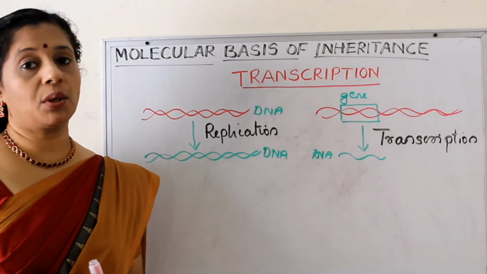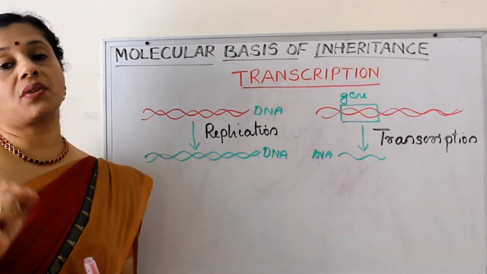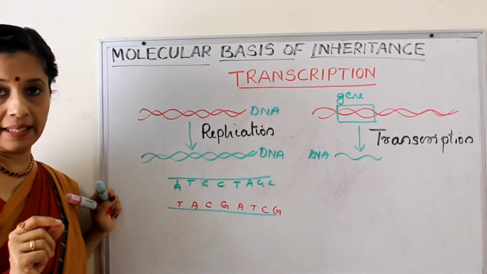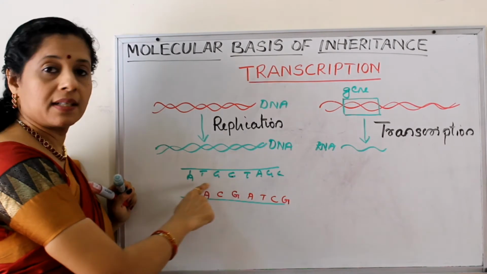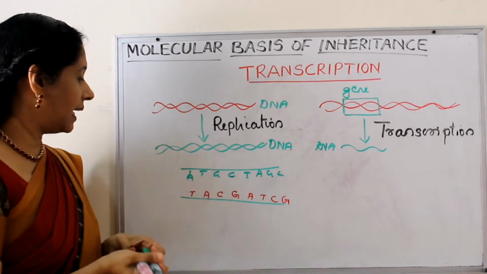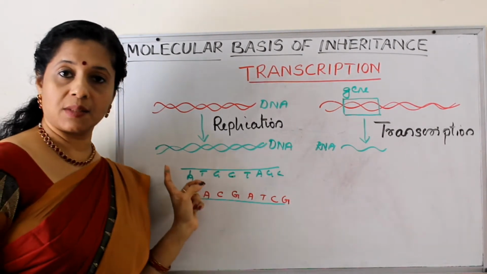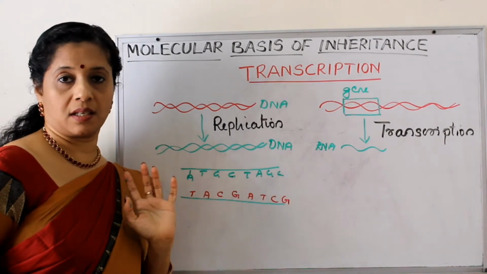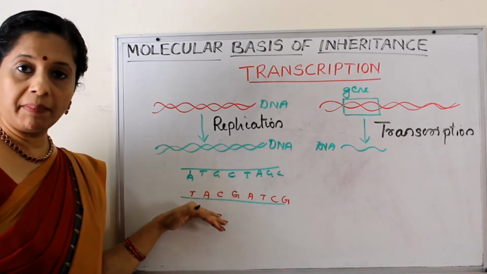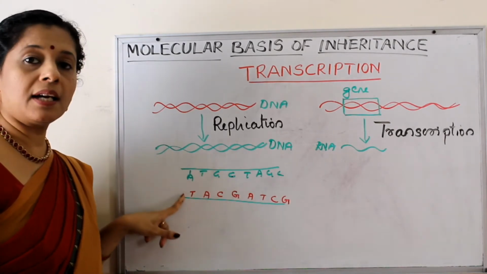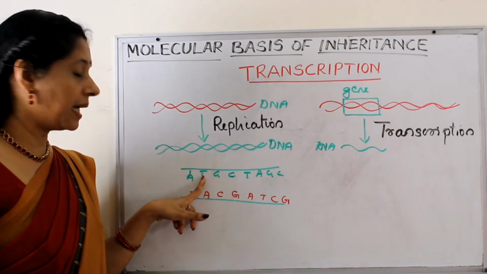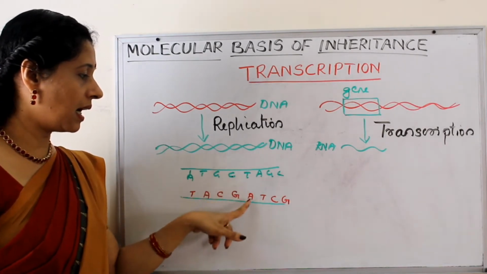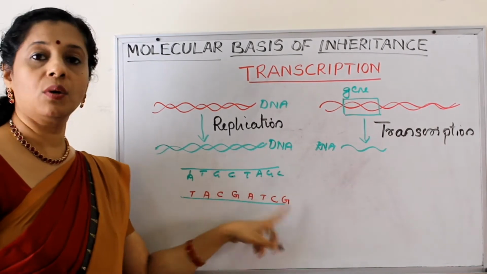Now here comes another question. Why are both the strands not copied? Imagine these two are strands of DNA. One of the strands, the sequence, it's a hypothetical sequence A, T, you know, A stands for adenine, T thymine, G guanine, C cytosine. Thymine, adenine, guanine, cytosine. So the other strand is complementary. So if adenine is there, opposite what will come? Thymine. Thymine means adenine. Guanine, cytosine. Cytosine, guanine, adenine, thymine, cytosine, guanine.